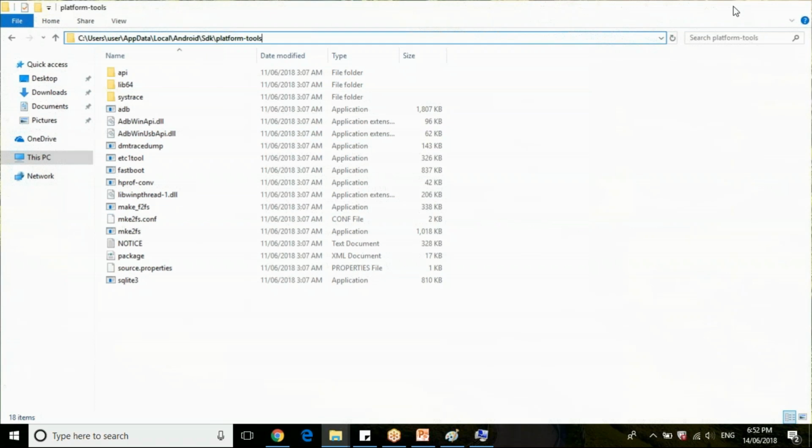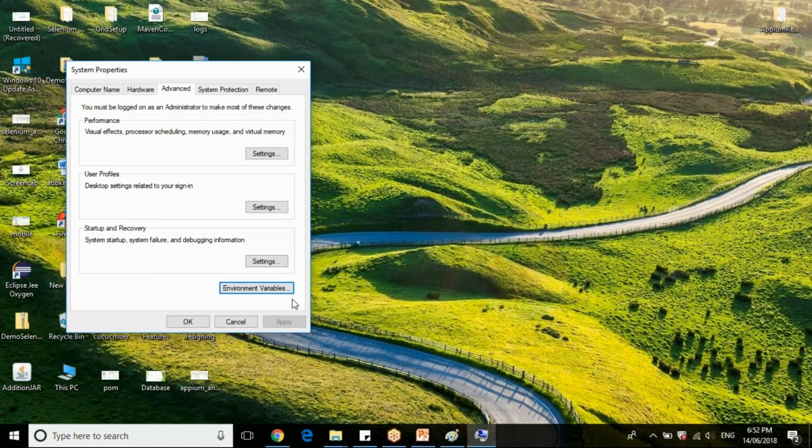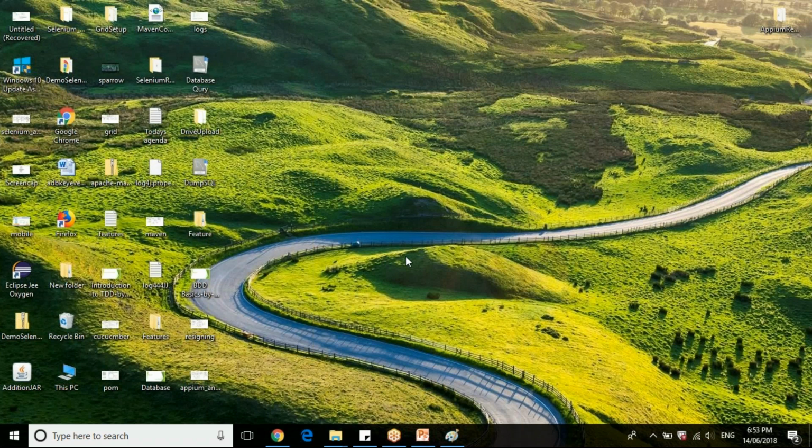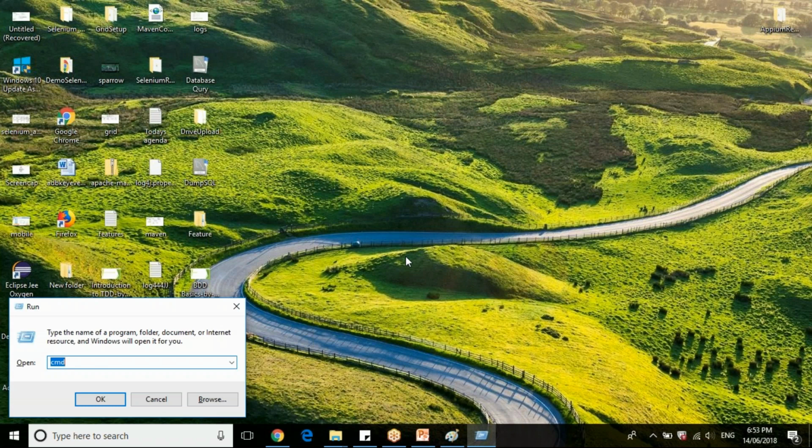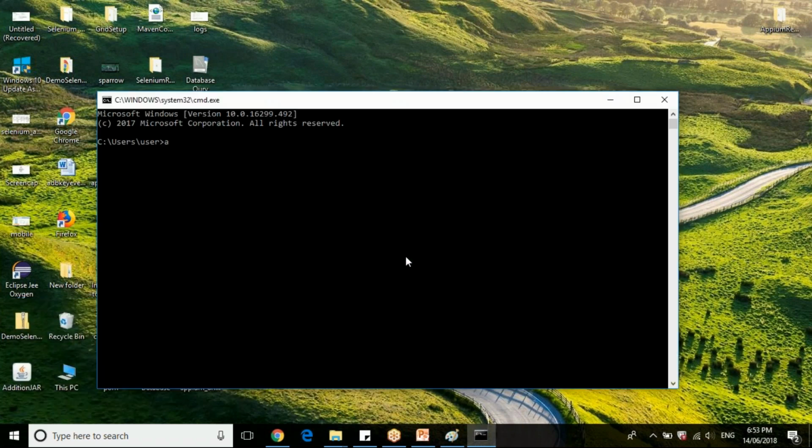Now if you want to check whether your Android home is set properly or not. Just now we have set up your Android home and path variables which are required for automation. We need to check whether that variable is properly set or not. Just open command prompt and type adb version.